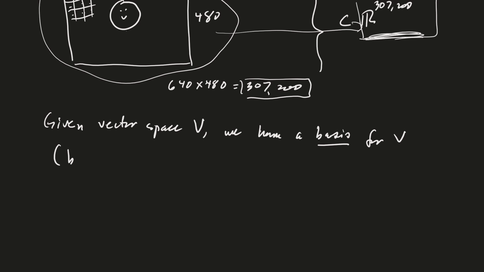A basis is a set of vectors that does two things. It's linearly independent, and it's a spanning set. So a basis is a linearly independent spanning set,